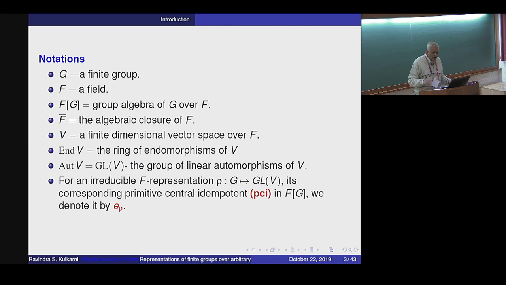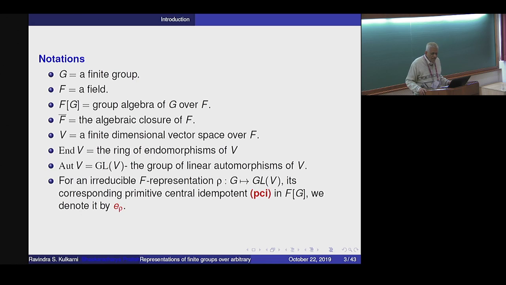So let me recall, G a finite group, etc. FG is the group algebra of G over F. F bar is the algebraic closure of F. V is a finite dimensional vector space over F. And End V is the ring of endomorphisms of V. Aut V is the group of linear automorphisms of V. And for an irreducible F representation,